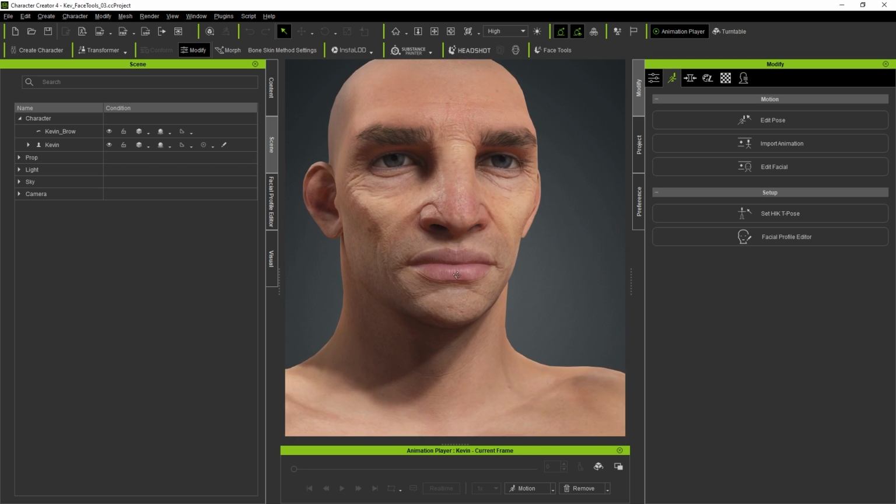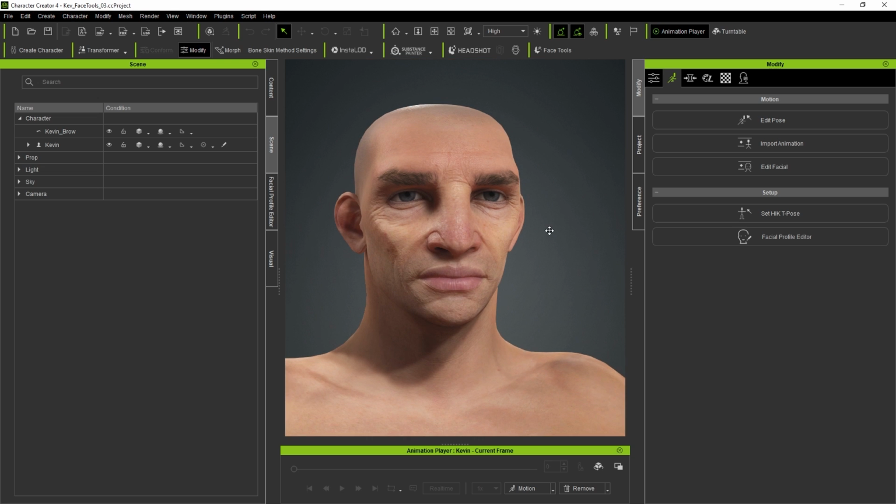But yeah, that is pretty much it. So that concludes this third video in the series. And in the next video, we're going to concentrate on creating the textures using Polypaint. Again, I'm going to show you how fantastic this workflow between CC4 and ZBrush is, so that you can leverage the potential that you have in ZBrush and visualize all the details and every change that you make within ZBrush in CC4 in your character that is fully rigged, and create these great expressions and all those wrinkles. So I'm going to leave this video here, and I'll see you in the next one.